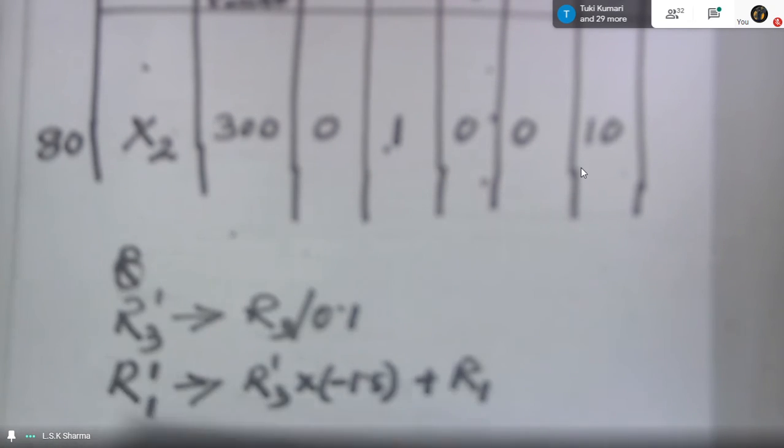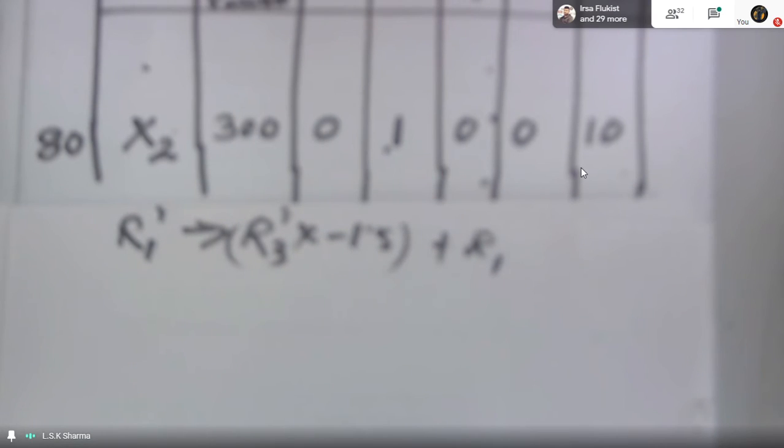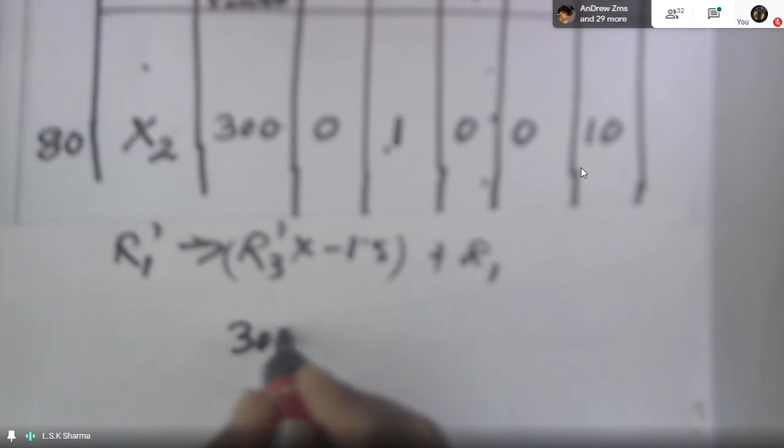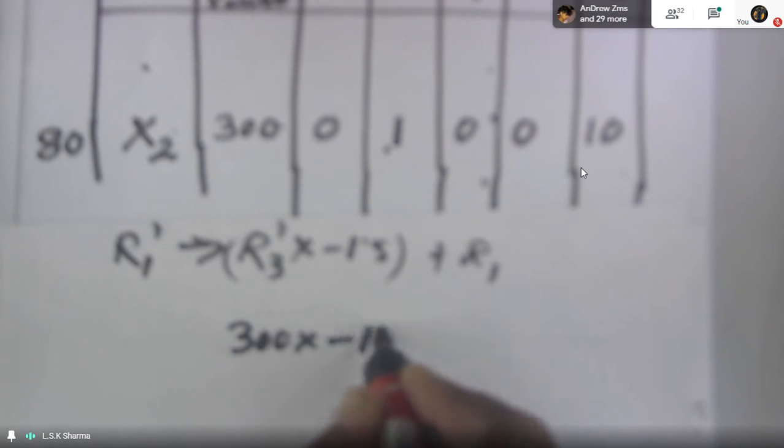So let me write the equation again out here on top. The equation is R1 dash, we have R3 dash multiplied by minus 1.5 plus R1. This is the one, right? So equations one by one. The first one, let us take up in this 300. So in this value, it will become 300 into minus 1.5